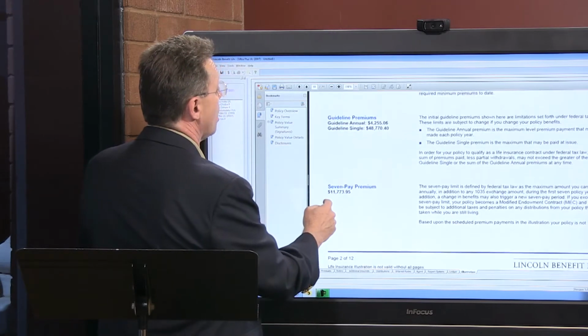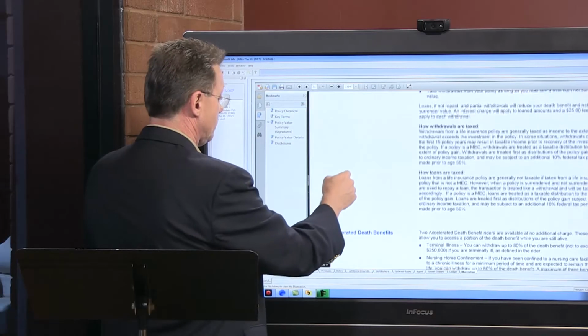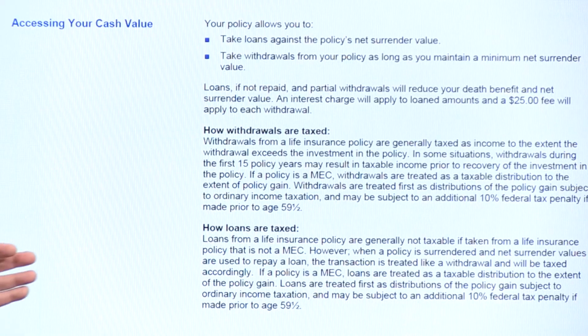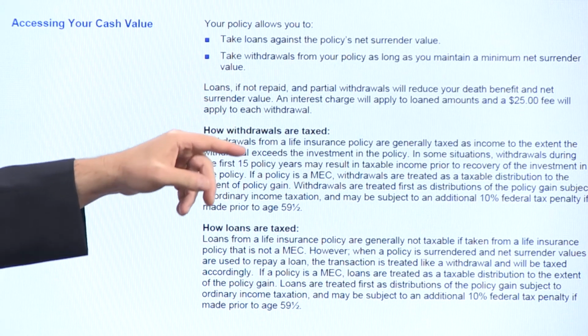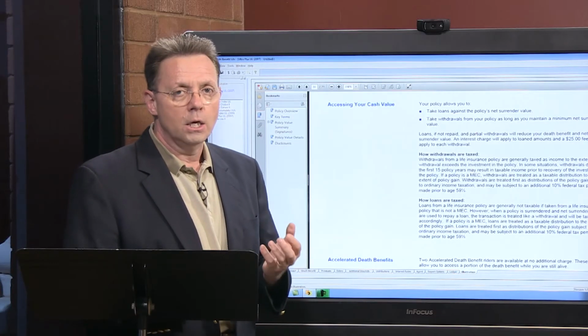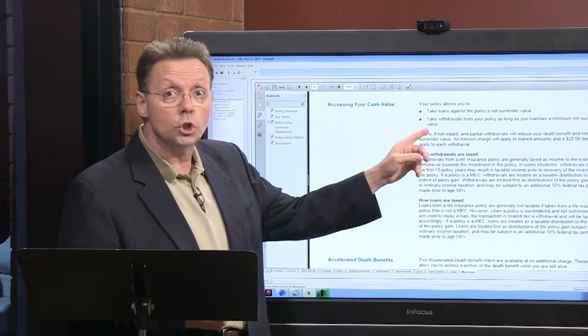It also gives us our guideline premiums for our guideline annual and single, as well as our 7-pay test. And it also gives a nice little idea here about assessing your cash values. When you take loans against a policy, that becomes our net surrender value. So when you see that, you're going to say, wonder what my actual surrender value is. Well, you're going to have your surrender charges coming off the top of that, but also, did you take any